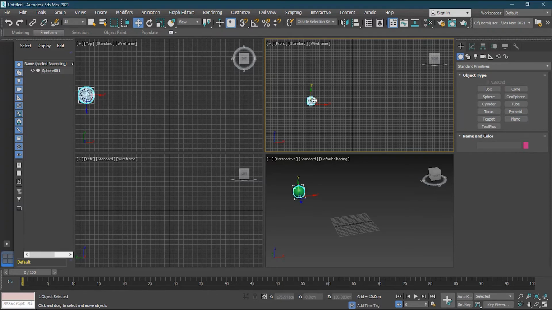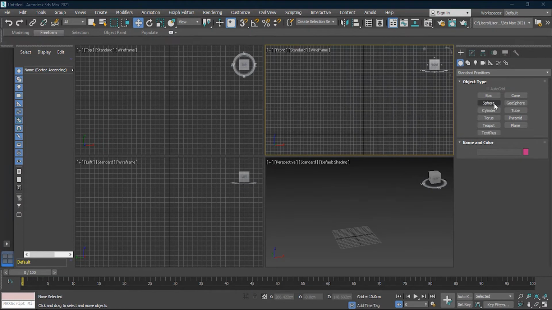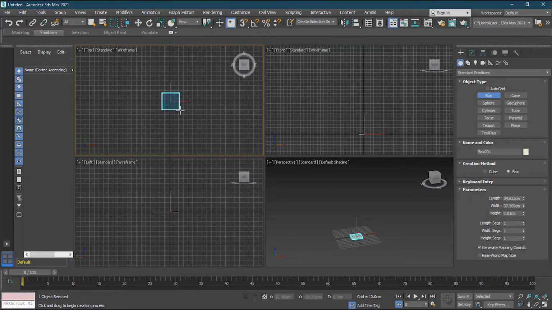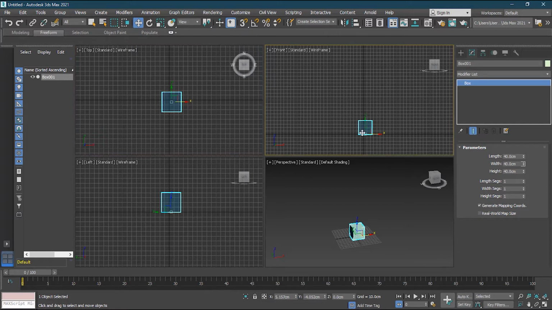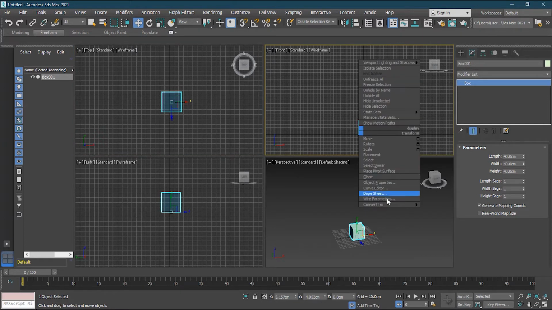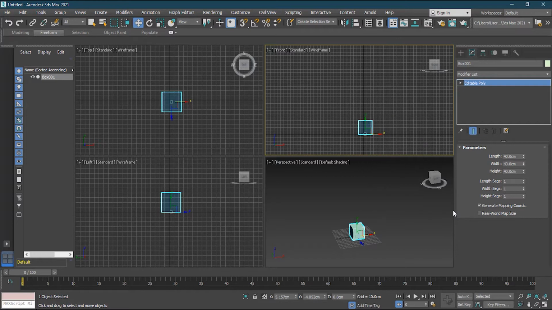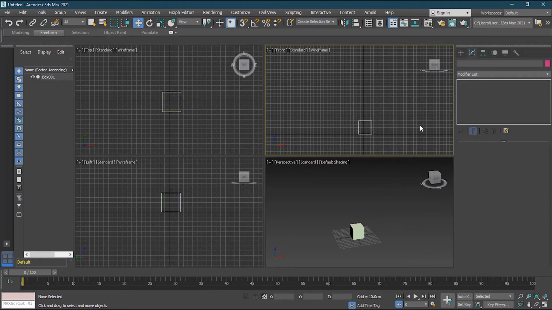First of all, I will delete this sphere, so everything deletes. So I will make a box now, and I will keep all the sides the same, 40, 40, 40. And what I will do here is convert this to editable polygon, so I can change its color from all the sides. Okay, so I can go here,